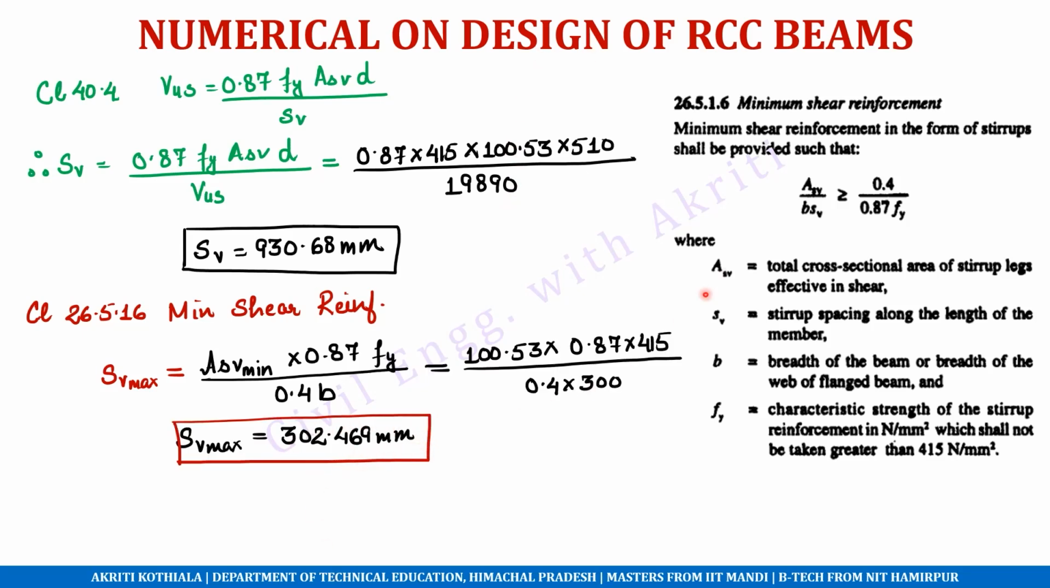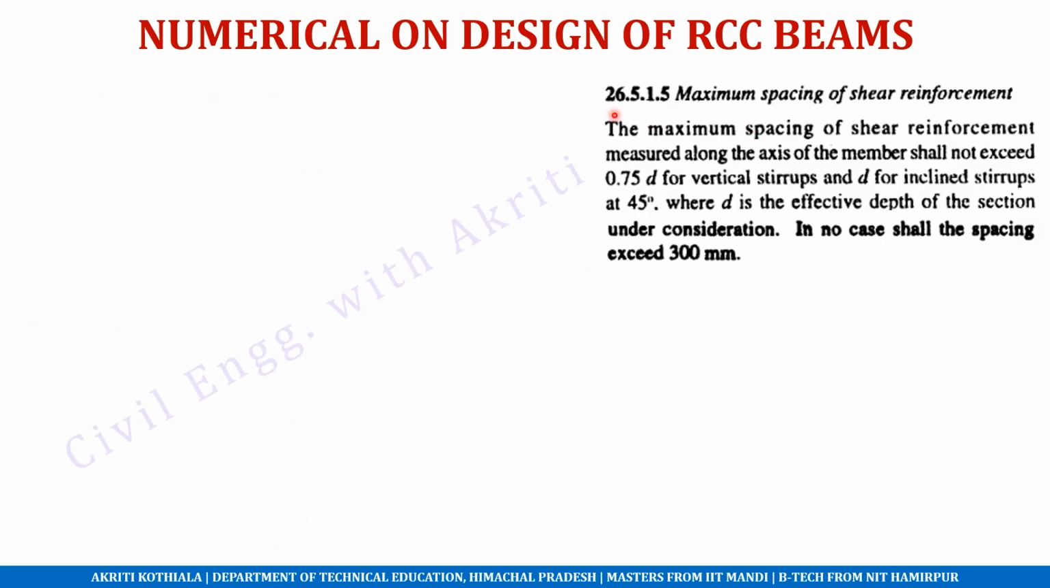302.469 mm. So the maximum spacing which we can provide between the stirrups as per clause 26.5.1.6 is 302.469. We cannot go beyond that. And we have obtained a spacing of 930.68. So this is not possible. So now we will be checking clause